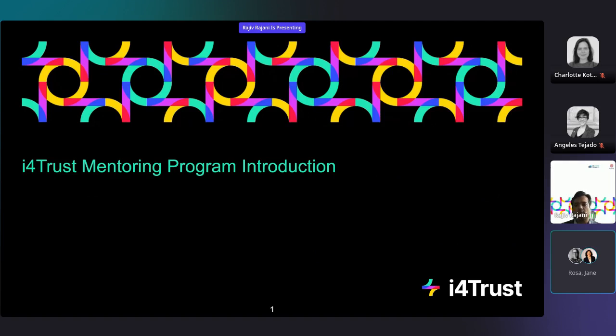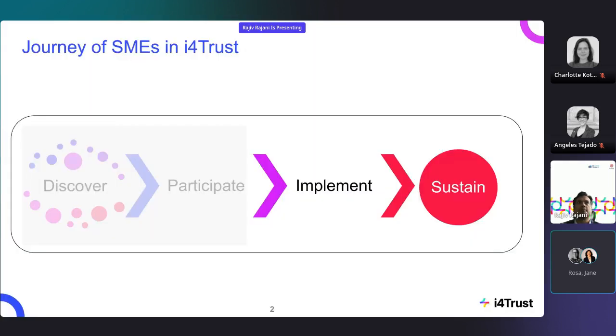The mentoring program introduction: for many of you who do not know in detail what the mentoring program is, I'll introduce you to the whole program. Basically, in our view, this is how we see your journey. That is, as an SME, you first discover iFortrust and find its relevance to your solution and the challenge you would like to solve, with a basic understanding of where it can help you.